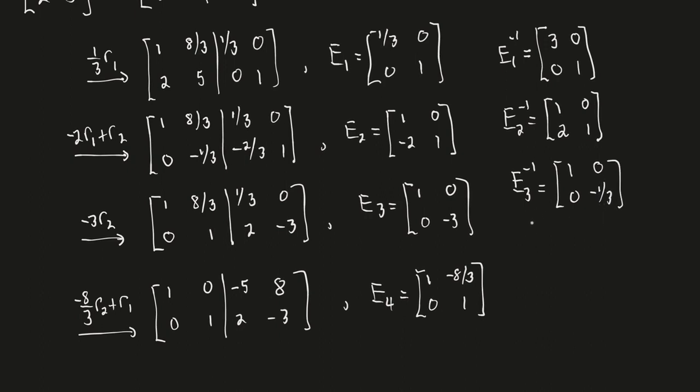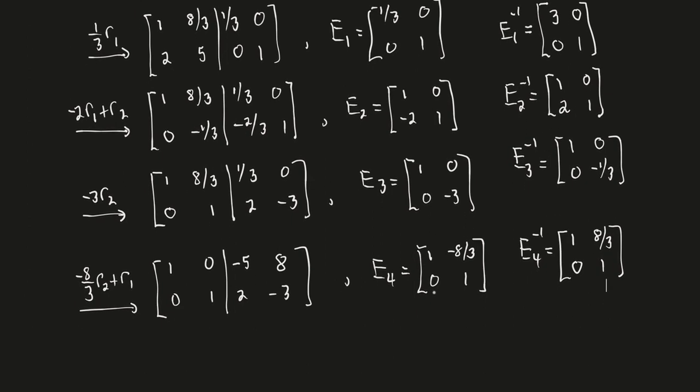And then finally, E4 inverse is going to be 1, and then this is going to be a positive 8/3, 0, 1. All right, so here are the elementary matrices that converted our original matrix A into the identity, and then here are their inverses. So let me state the formula that we